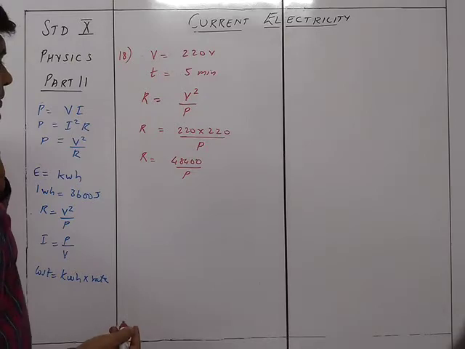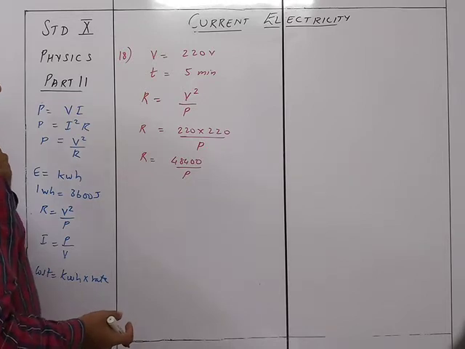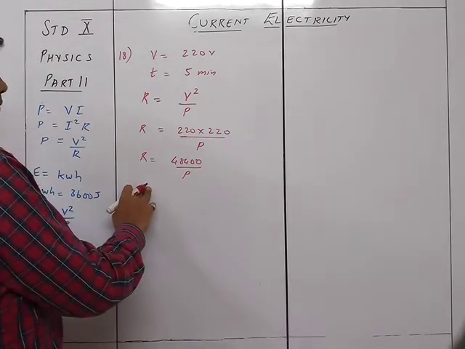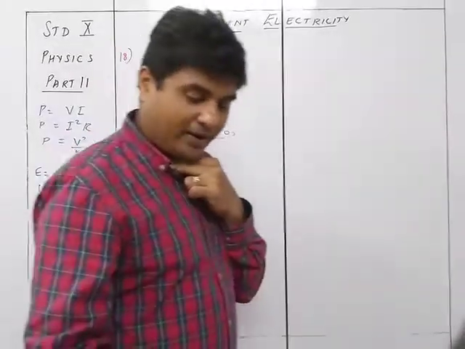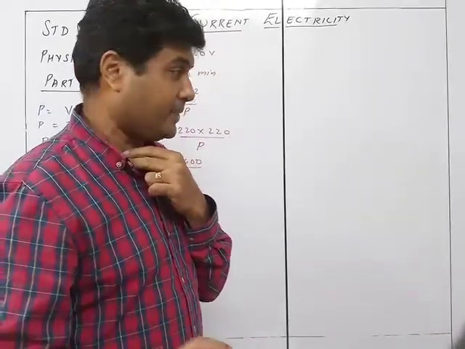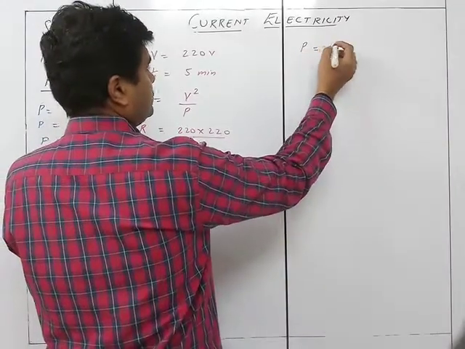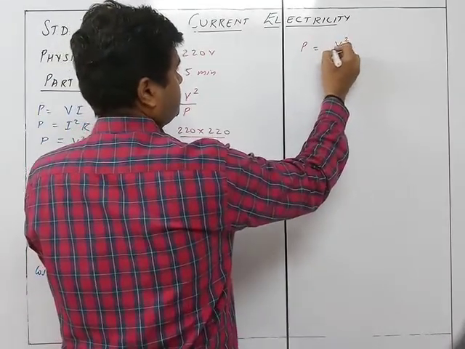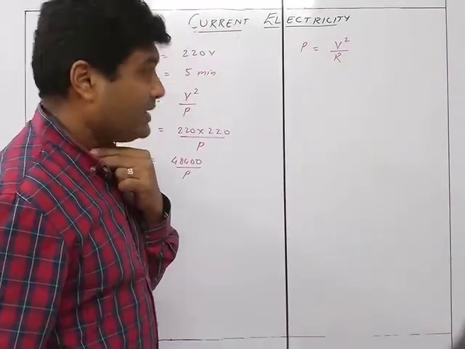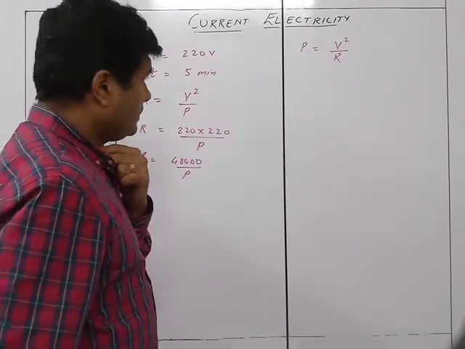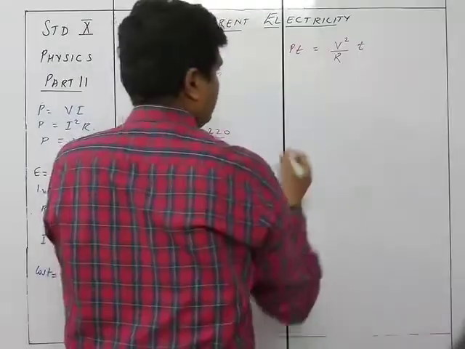Now what has happened is you are keeping this the same, but the voltage is now going to be 200. The power is going to remain the same because the amount of power required for boiling the water is going to remain the same. We know that power is equal to V square upon R, and you need to find out the time period. So P into T is equal to V square upon R into T1.